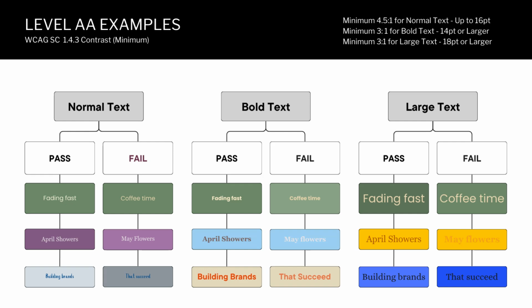So you really need to be careful as you're testing the elements on your website. You may pass a bold text scenario, but if you're using a certain color in normal text in your body text, it could fail. And keep in mind, this has nothing to do with the font style. Obviously, there are more readable fonts, and that's for a whole other lesson. The font style itself does not have to do with this guideline. We're strictly looking at the color contrast of the text compared to the background it's on.